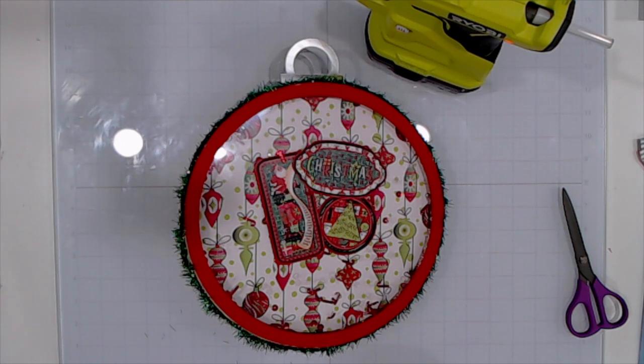Okay, so I'm going to go ahead and get the red around the back part here,